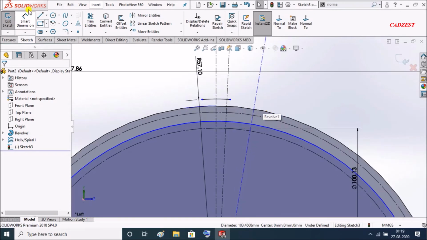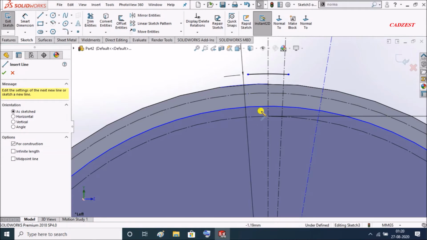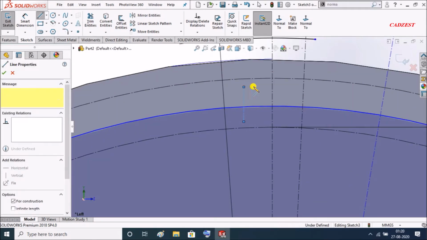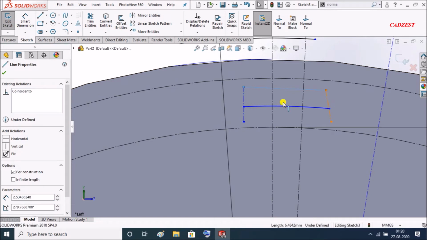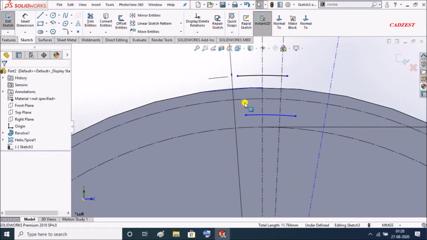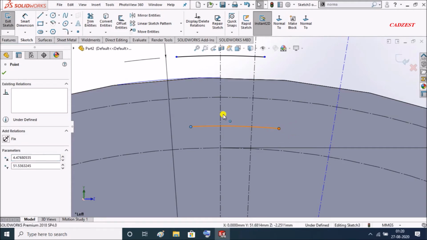I'll create 2. I'll just trim like this. You have to do symmetric again.